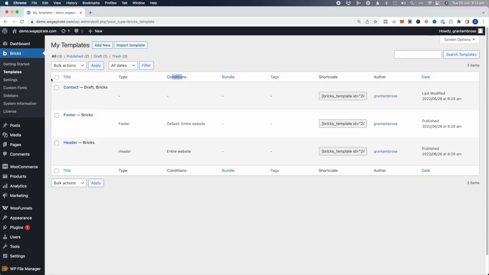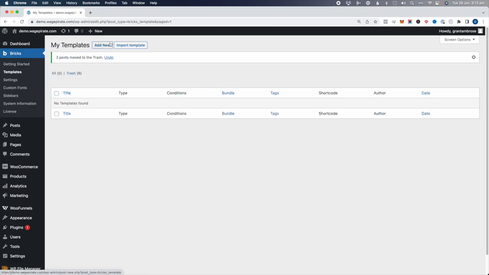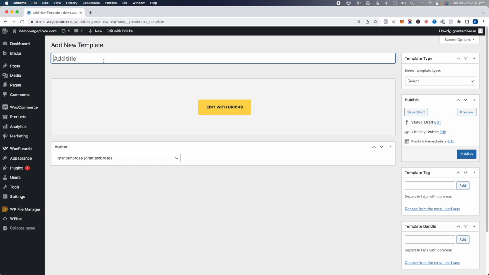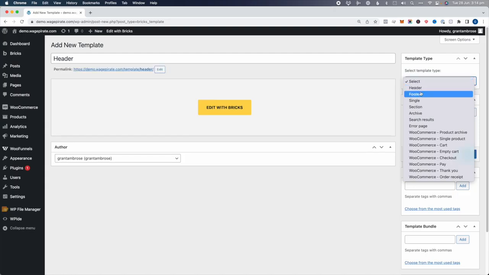So let's go ahead and delete these. We're going to start from scratch. So I'll just move them to trash, and let's go ahead and click Add New. So we're going to create a header for our website, and then we're going to over here select for template type Header. Now you can see we have footer, single, section, archive,